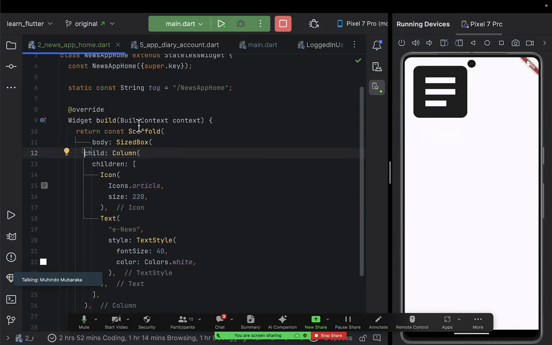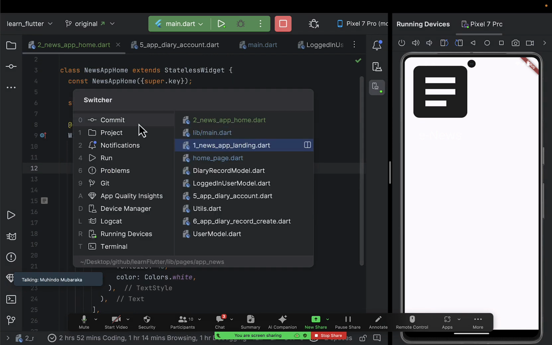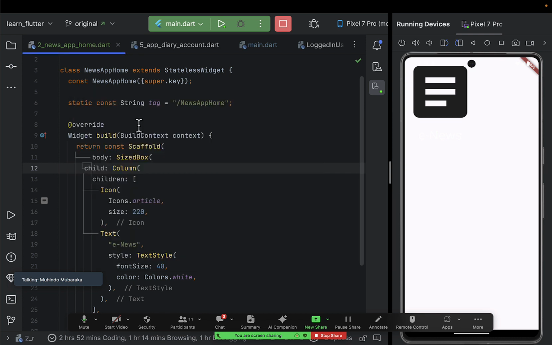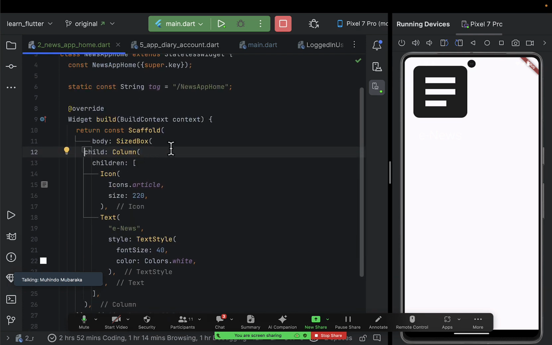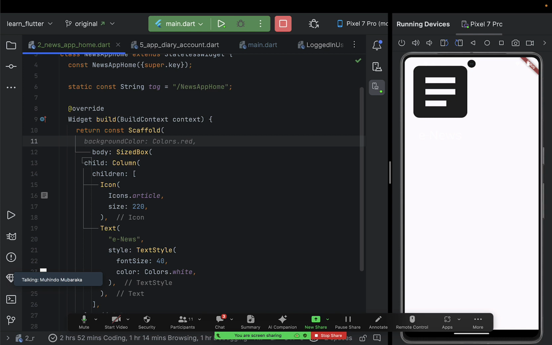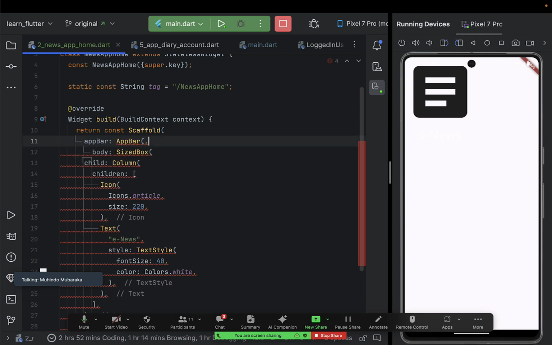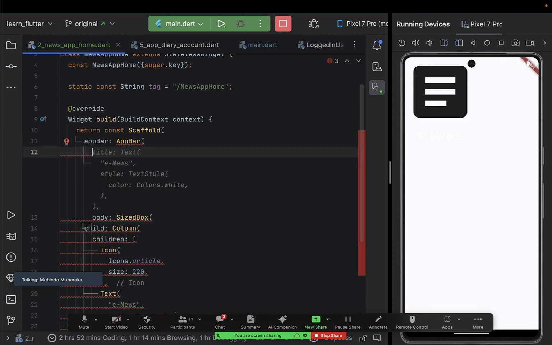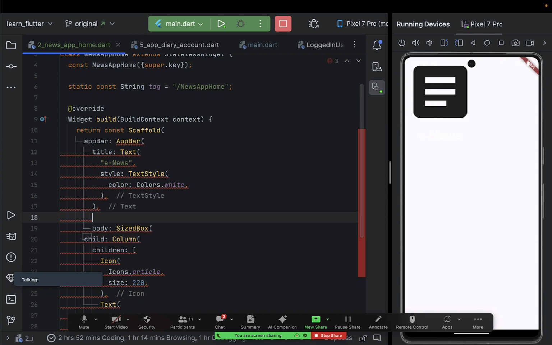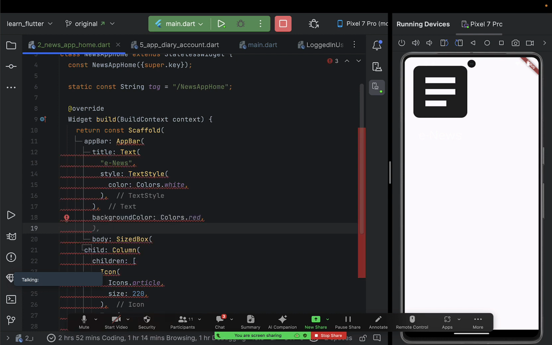So let's go to the news home screen. Where is it? It is here on number 2. So here, let's go ahead and give it an app bar. However, you can design your things in any way that you want. Even you may leave the app bar if you don't want it. So I'm going to give here the app bar to the scaffold. I'll just simply say appBar, and then after opening the app bar, I pass